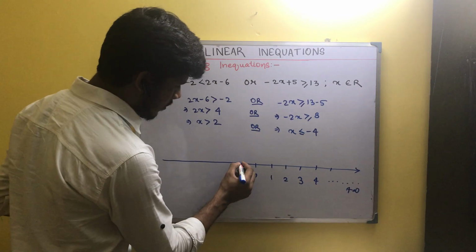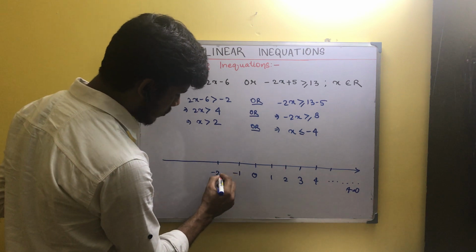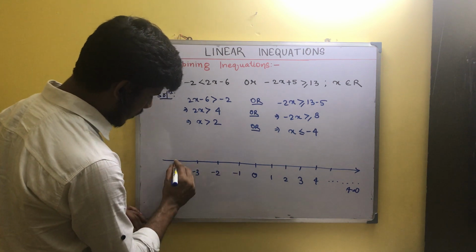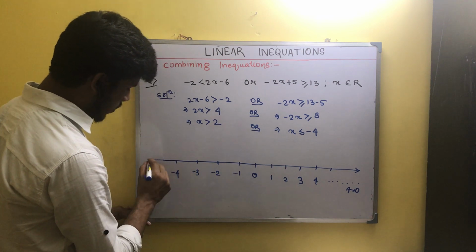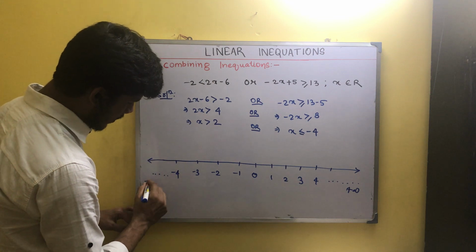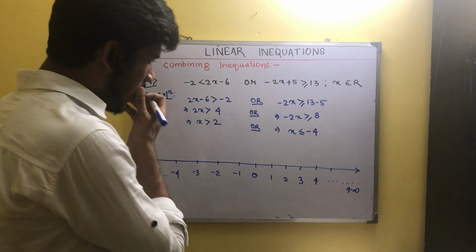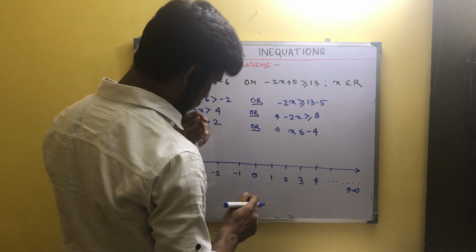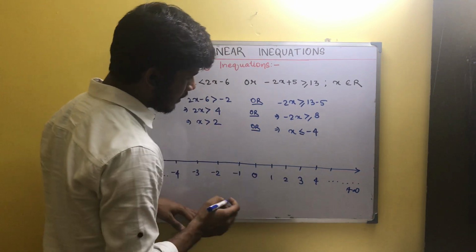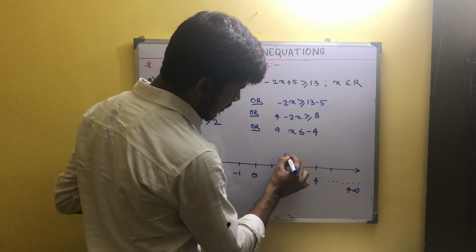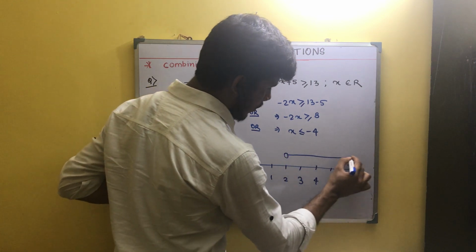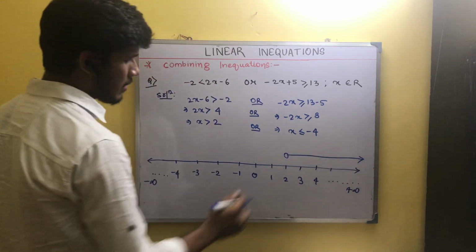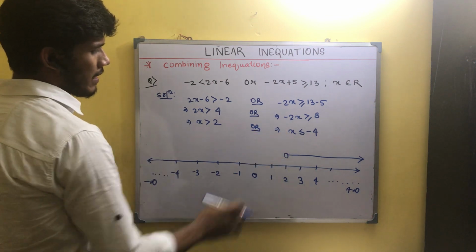And here comes our -1, -2, -3, -4, and so on up till minus infinity. Now this says x should be greater than 2, but excluding 2, isn't it? So excluding 2 and moving rightwards, this represents x greater than 2, and for this x is less than or equal